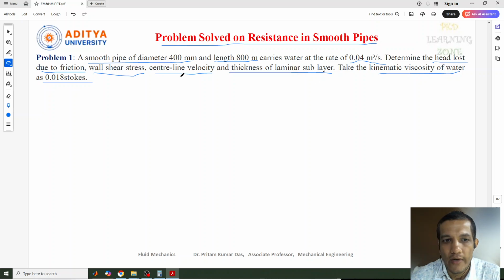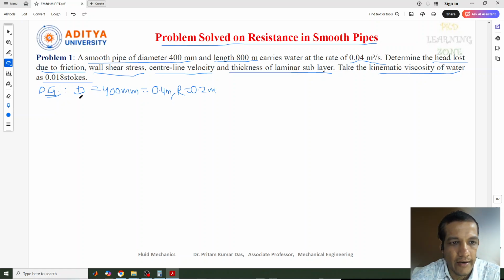So many things we need to calculate here. First, let's see what data is given here. As usual, we can write the data given. First one, let's write the diameter is given. This is 400 millimeter. So this one we can convert into meter. So we can write 0.4 meter. And if we want to convert in terms of radius, we can write r equal to 0.2 meter. Again, the length value is given, 800 meter,